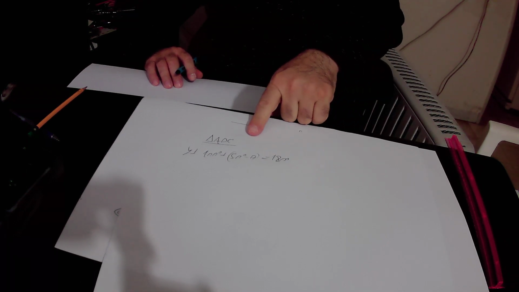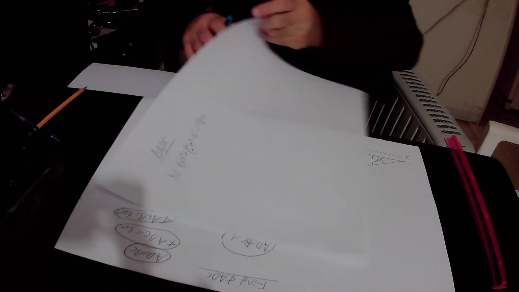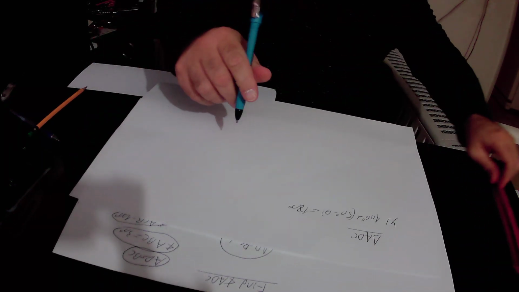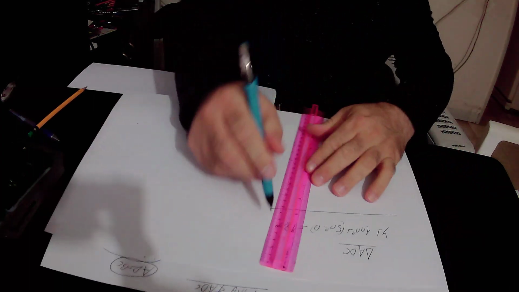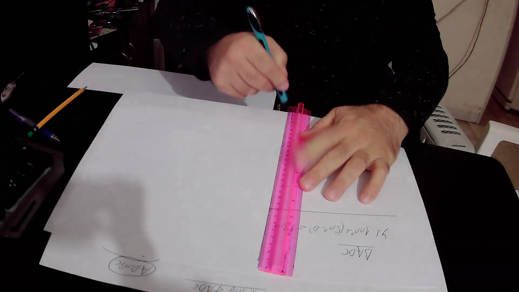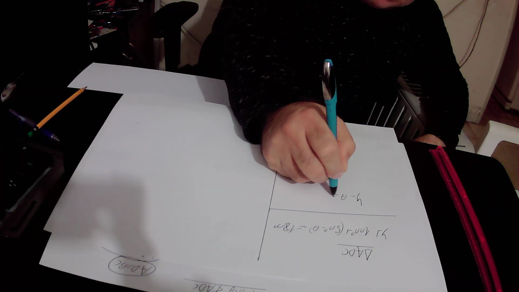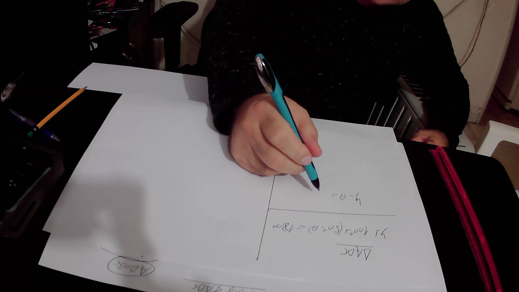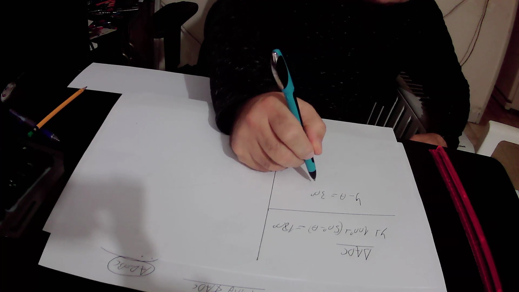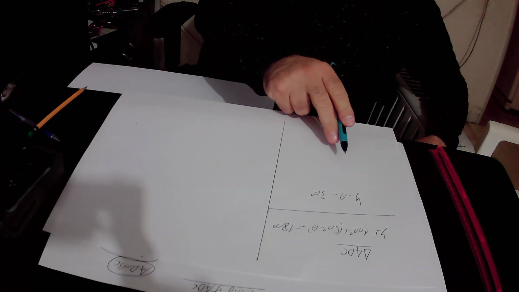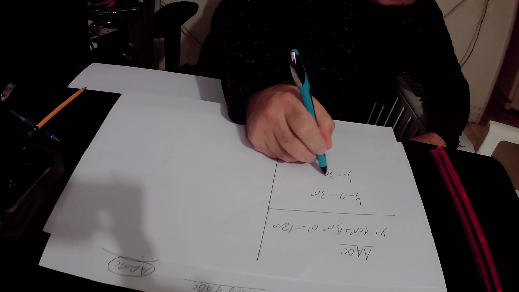Here we will subtract 150 degrees from this equation, and we will get that Y minus theta equals 180 degrees minus 150 degrees, which is 30 degrees. Here we will add to this equation angle theta, and we will get that angle Y equals 30 degrees